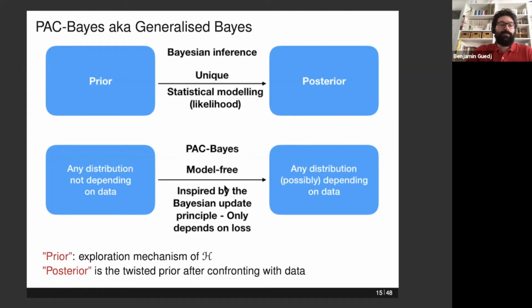It is inspired by the Bayesian update principle because from a reference measure, aka the prior, and the loss function, you derive another distribution, which could depend on data. You will also see that you can moderate the dependency on data with a temperature parameter, for example. But you will be interested in distributions which possibly depend on the data and which, again, do not correspond to a particular Bayesian model. So in that sense, we call this prior and posterior,